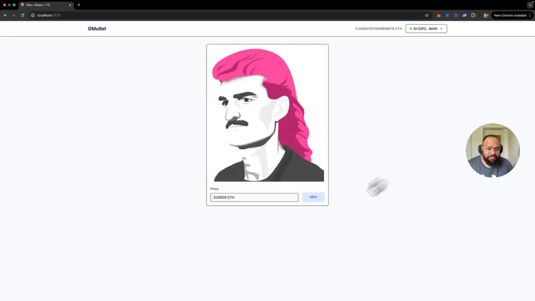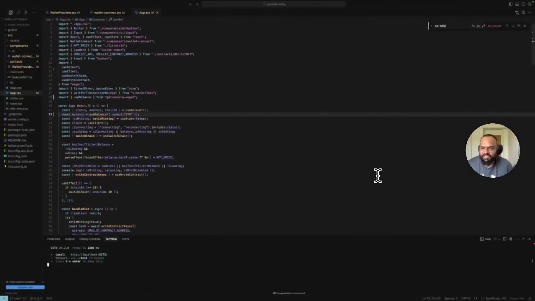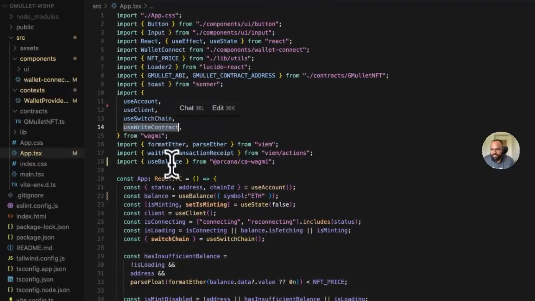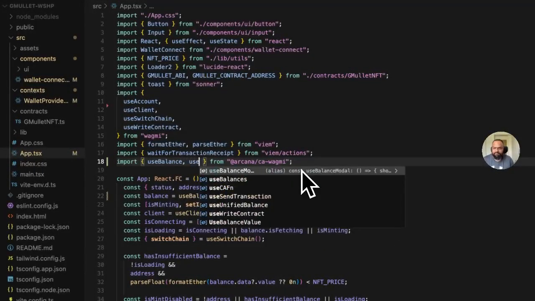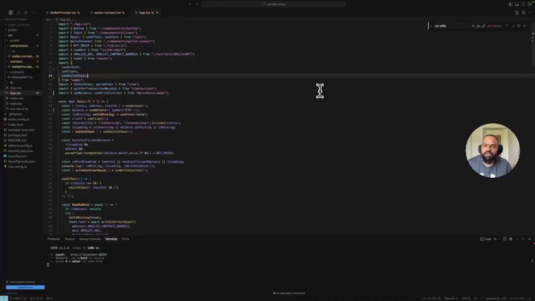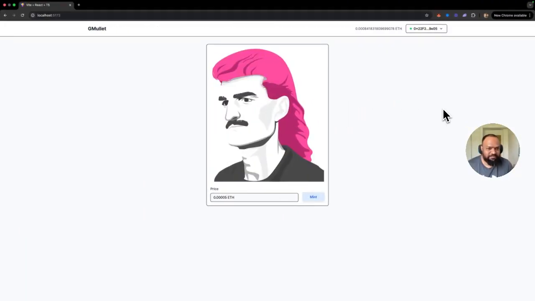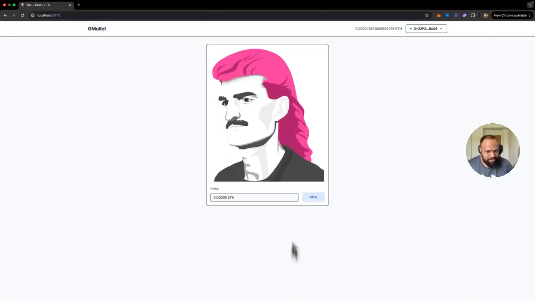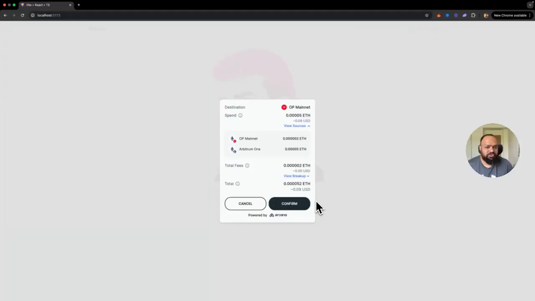And now to be able to actually mint this NFT, the code change is even simpler. All I need to do is this use write contract that WAGMI gives us. So override that, simple. So I say use write contract, and we get rid of this. And that's it. Now if I jump back here and let's just refresh this, and I should be asked to sign in. There we go, I sign in. I have enough ETH to mint this, so if I go ahead and hit mint, we should